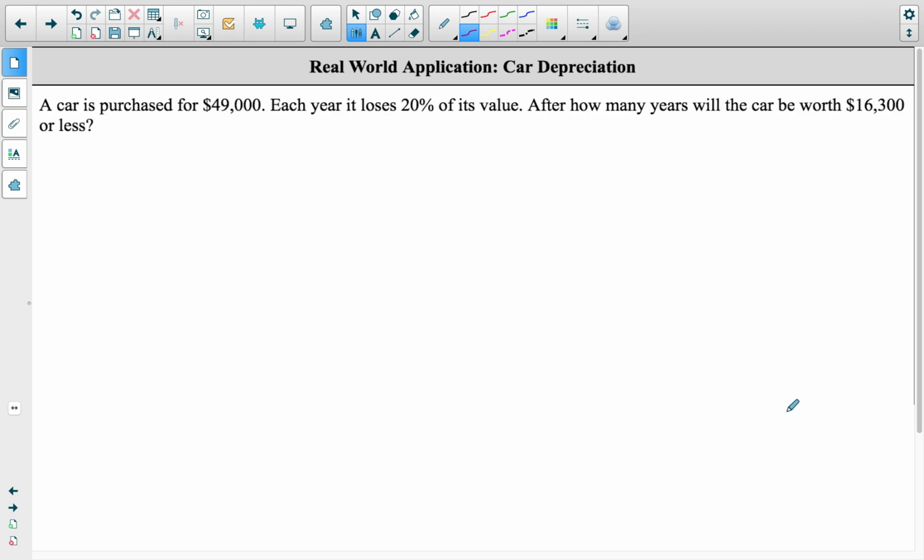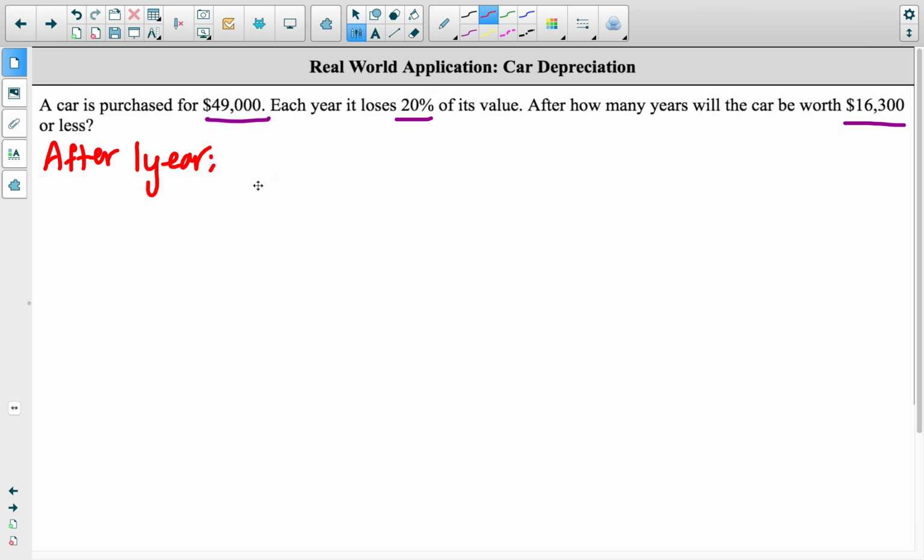So let's take a look at some real-world applications of this. A car is purchased for $49,000. Each year it loses 20% of its value. After how many years will the car be worth $16,300 or less? Think about this if we don't know anything about exponential decay. A way that you might approach this is by writing out after 1 year, we know that 20% of 49,000 is